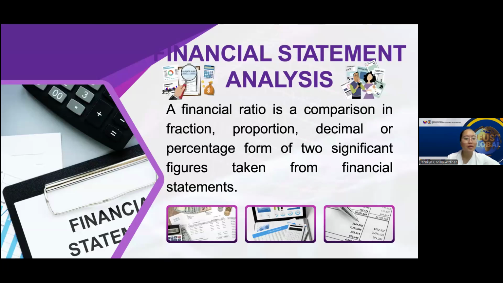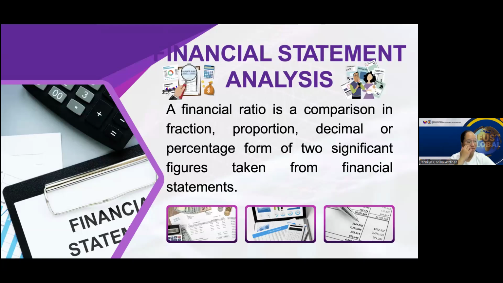For example, a company calculates the current ratio. Current assets, $50,000; current liabilities, $25,000. Current ratio is equal to $50,000 divided by $25,000, which equals 2. This ratio shows that the company has $2 in assets for every $1 in liabilities, helping assess its short-term financial